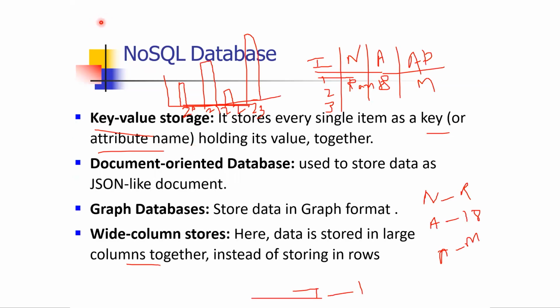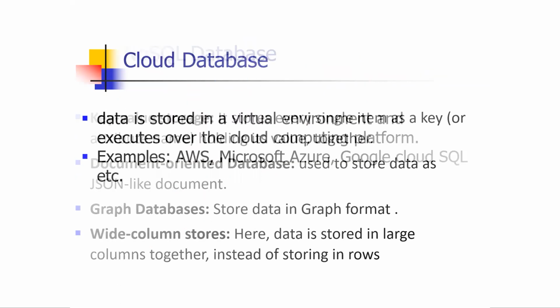The four types of NoSQL: if you want to store in the form of key value, then it's a key value store. If you want to store it like a document, then it's called document-oriented database. If you want to store data in graph format, then it's called graph database. Or if you want to store that information in large columns, then it's called wide column store. That is NoSQL database. Next is